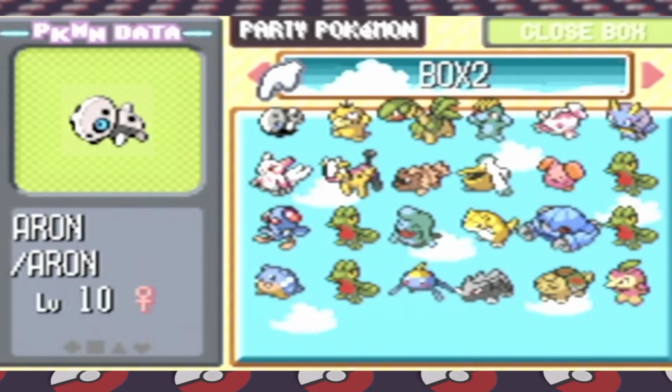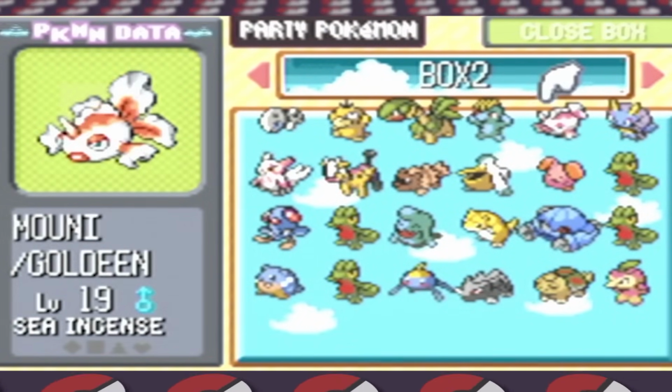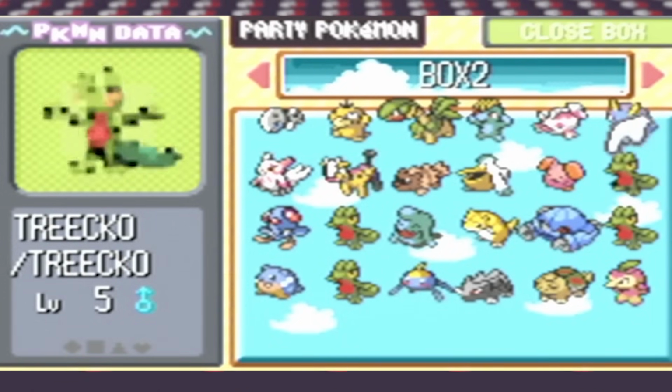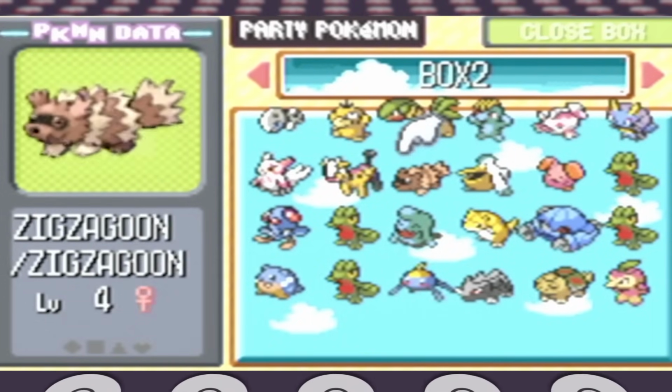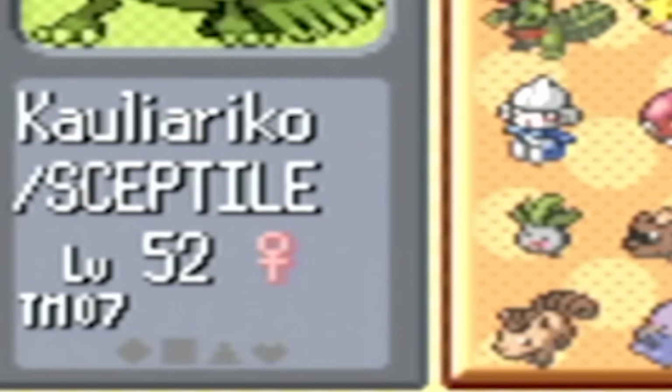Now for the PC, there isn't anything too special here either. They bred their starter Sceptile to get a few Treeckos, possibly to trade with friends, and many of their Pokemon seem to be named after people or other Greek words that I'm assuming are also bad words. I found the starter Sceptile in the PC here, which was holding TM07, the TM for Hail found in the